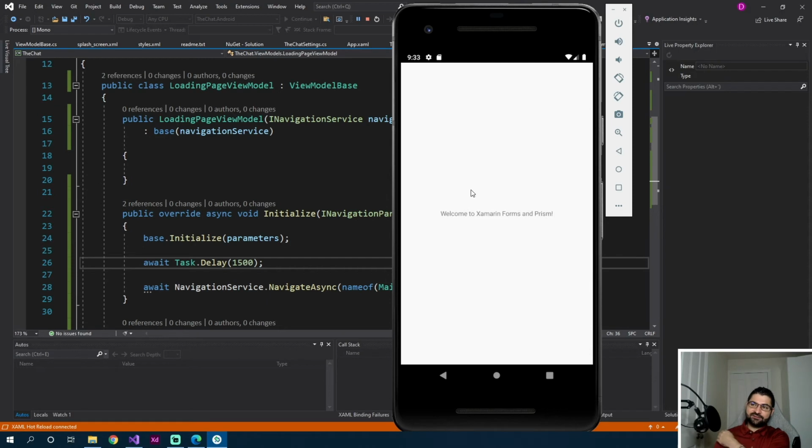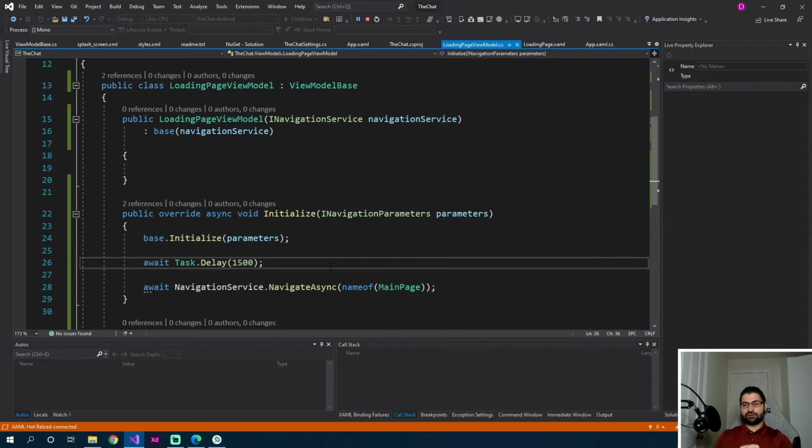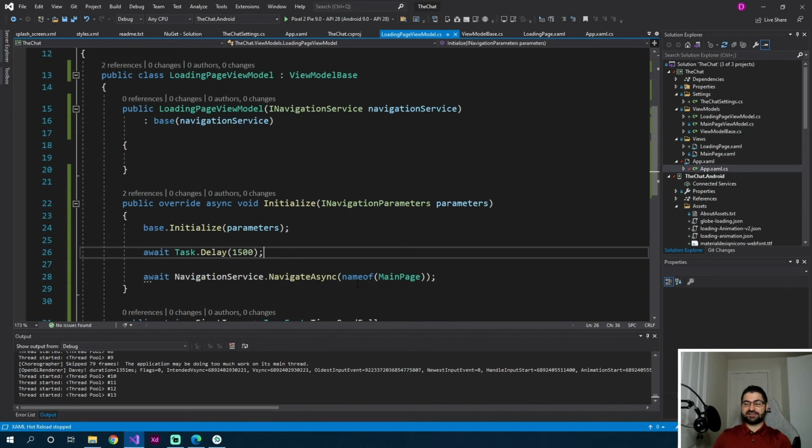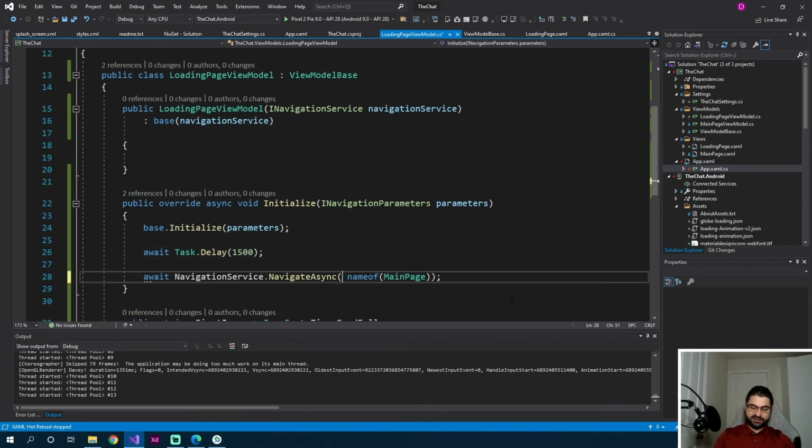One other thing to mention, so we haven't added this to our loading page because we don't need to, but when you load your main page, we also will need to add a navigation page, and this will basically tell the backend framework to stack all of the pages sequentially, so you can go back and forth between the pages. Otherwise, they're just going to be static pages and you won't be able to go back from one page to another. So we can do that by adding here the name of